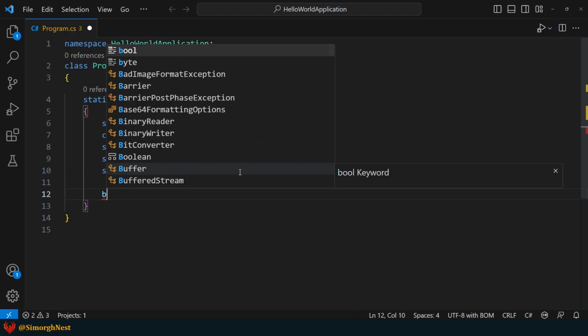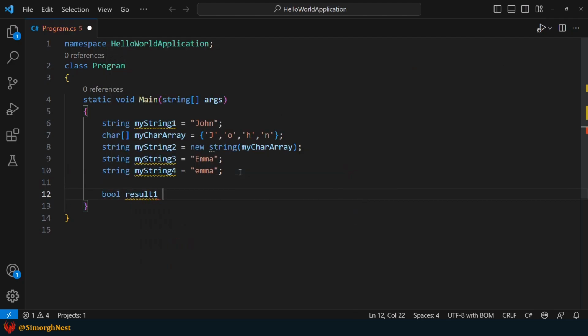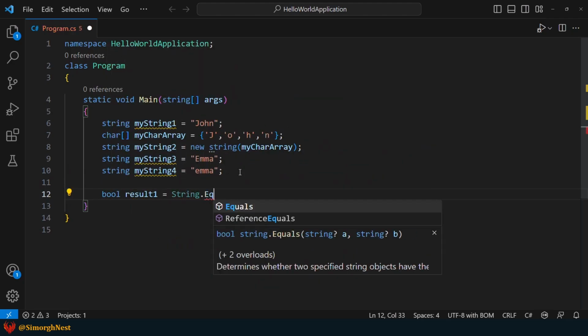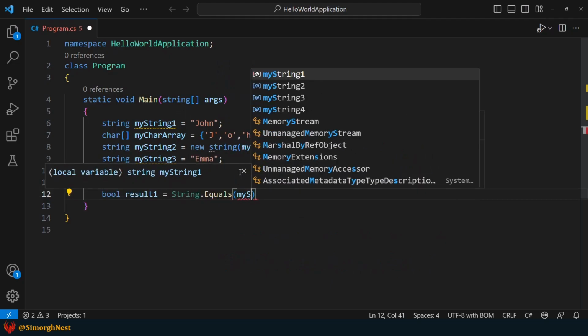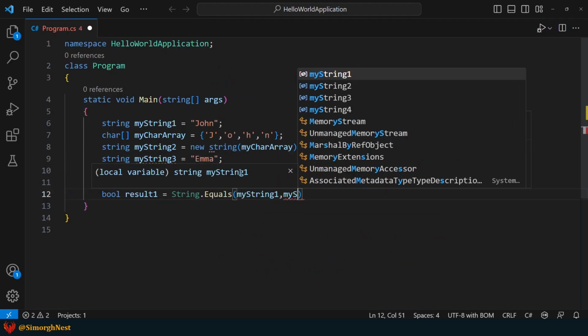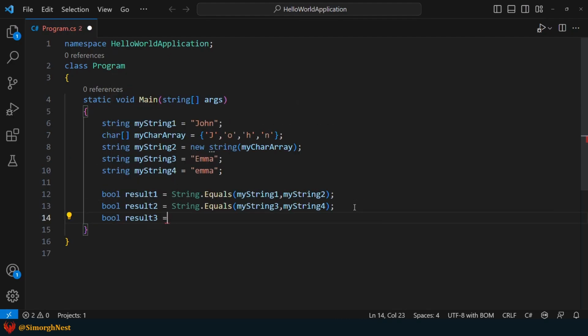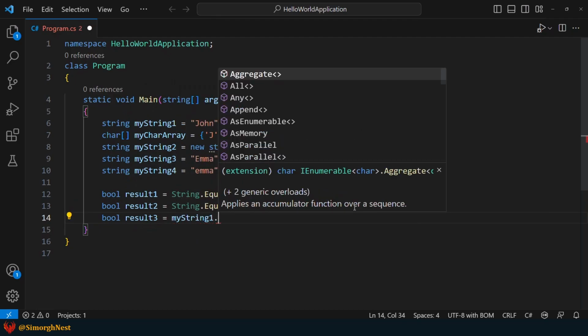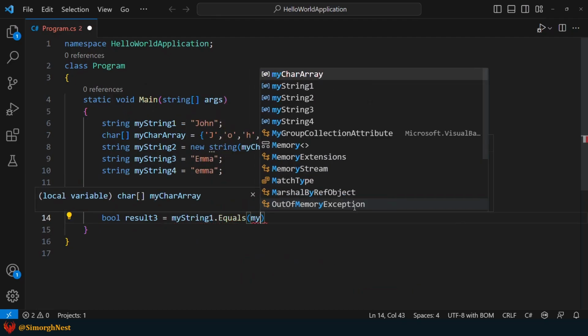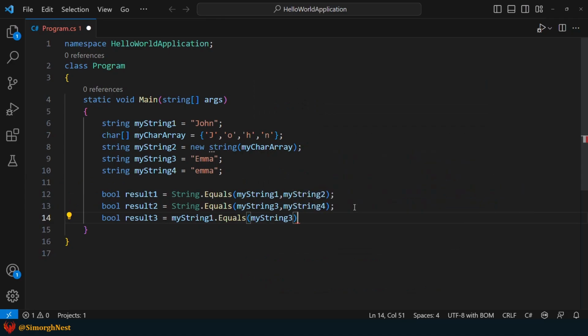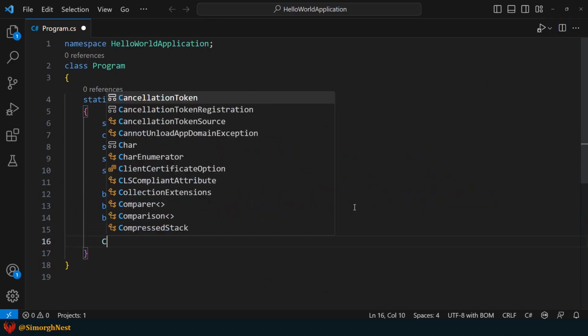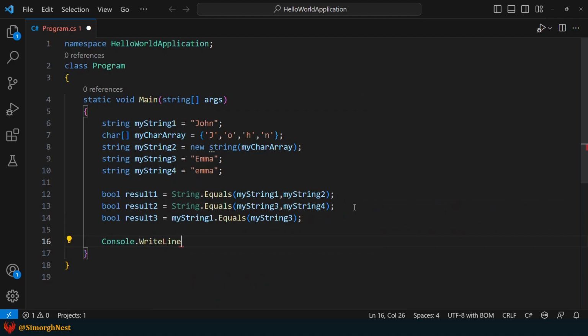Now, let's compare these string objects with each other by static and instance equals methods. Next, let's display the results in the terminal and run the application.